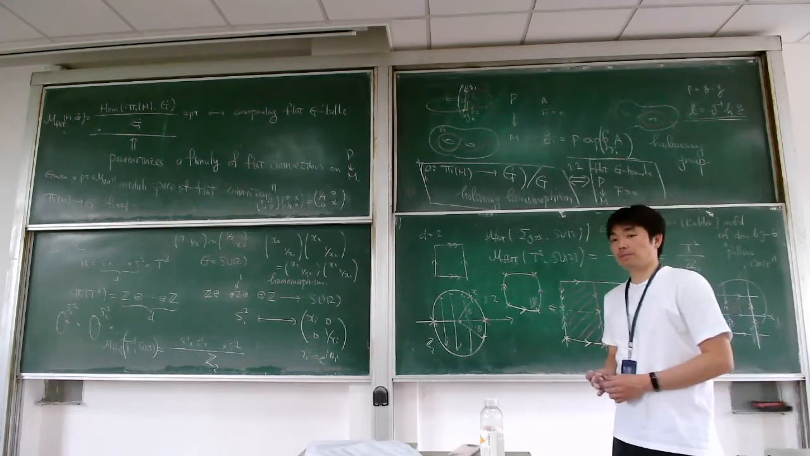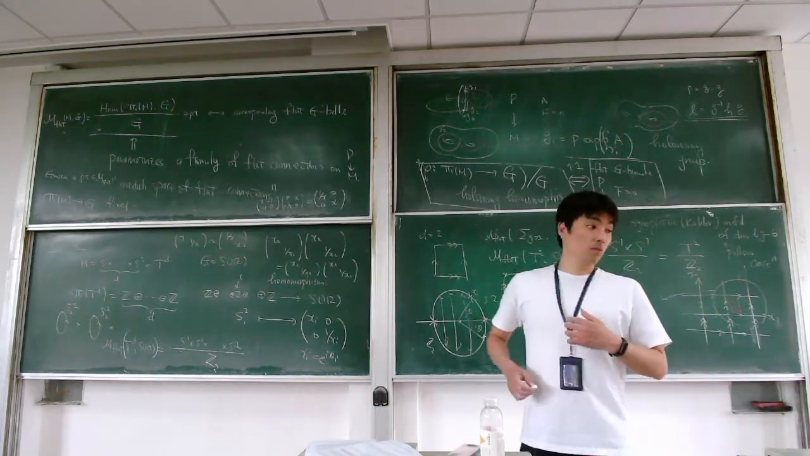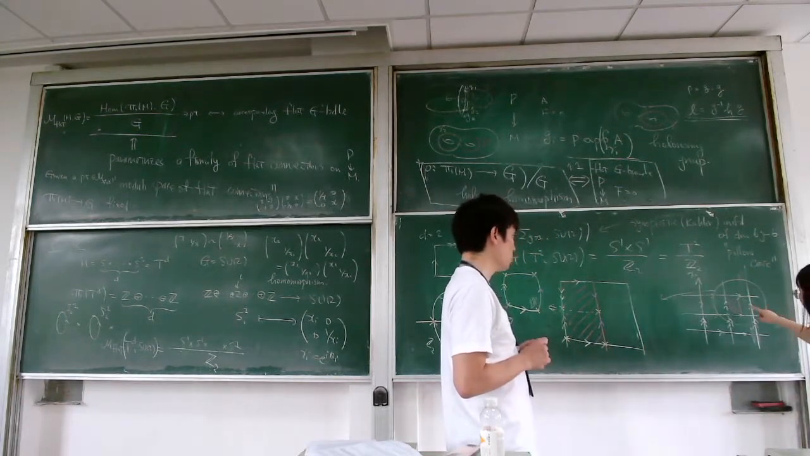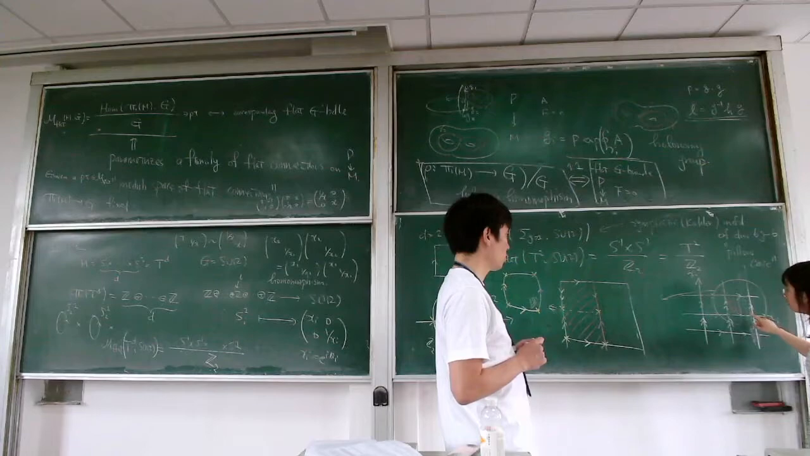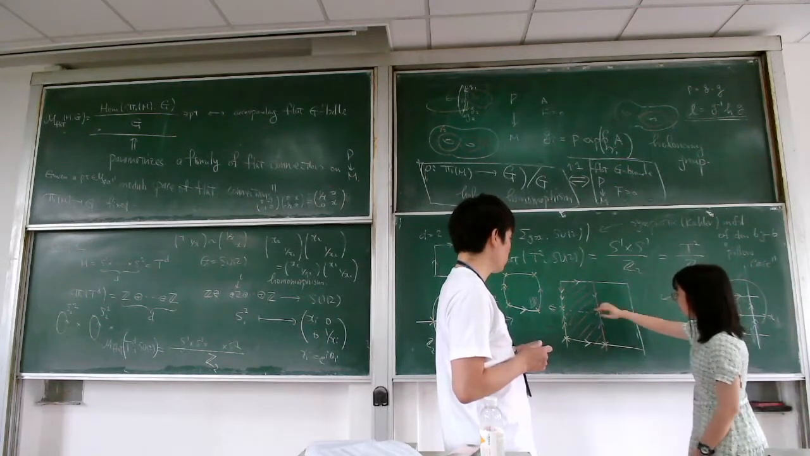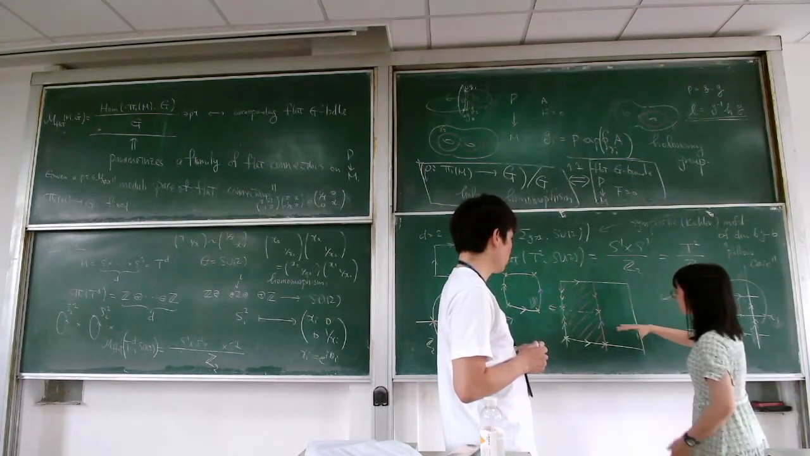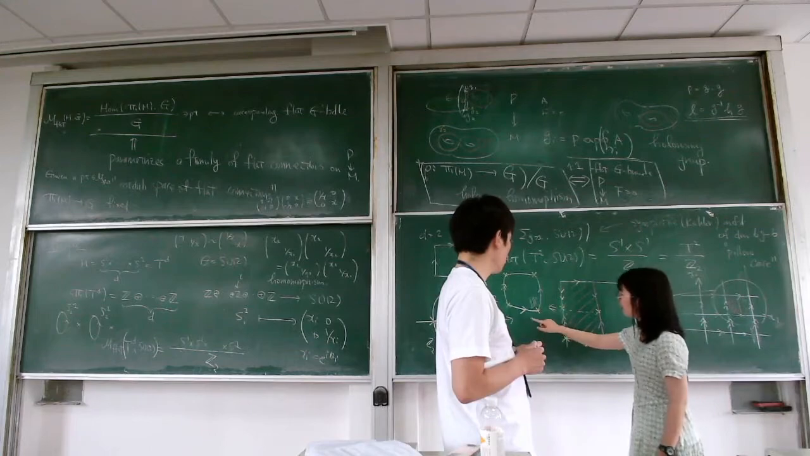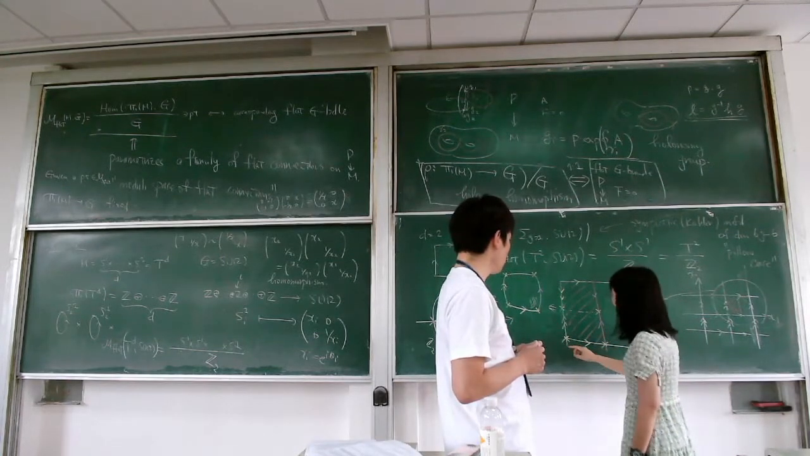Question? Yes. I want to know why we should take half of the terms here. Because I think if we just folded the square, we can also, it's more like